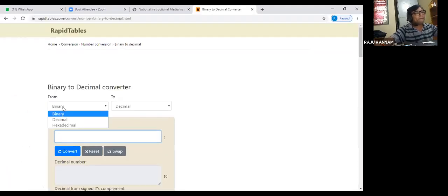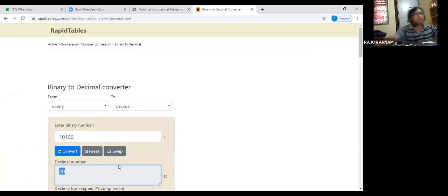I'm giving the binary value 10100. It is 20, right? Of course, you can do it manually also, but I don't want to discuss that, because then we have to divert to number system conversion. That's the reason I'm using this converter. I hope this is fine.